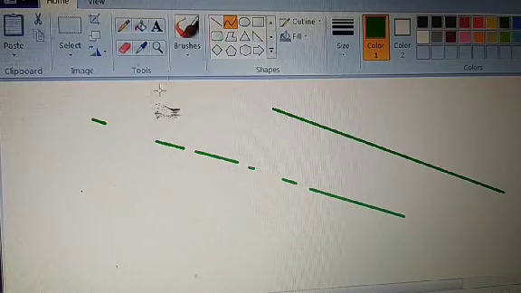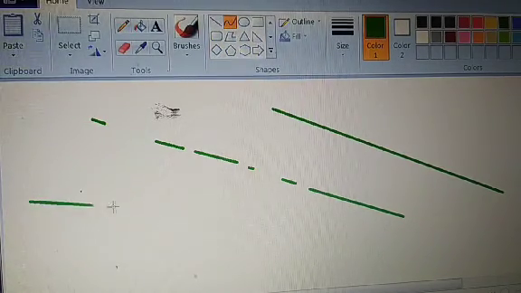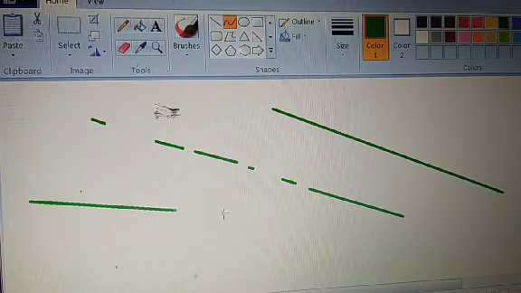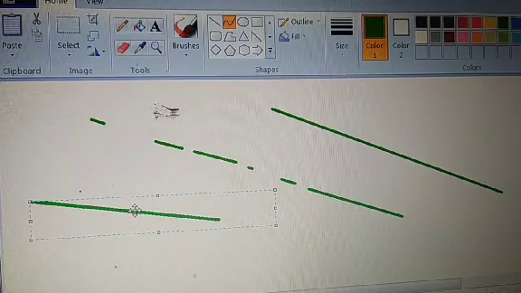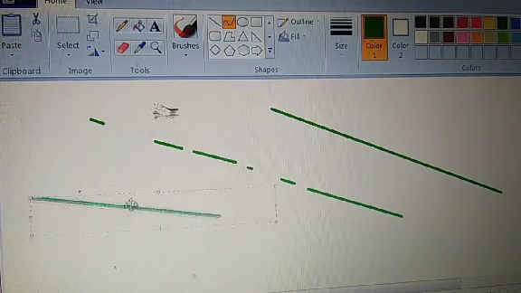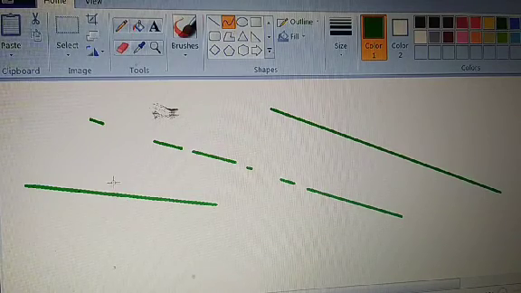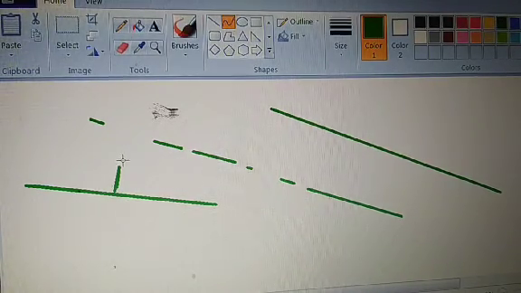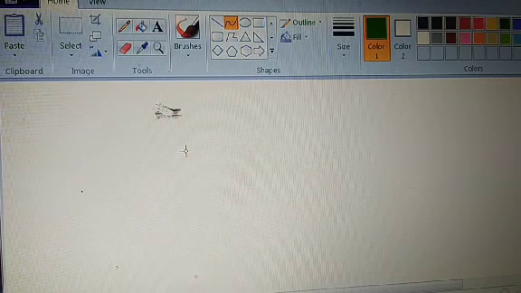See how to draw the curve line. First of all, you have to draw a straight line. Then you can draw a curve line.